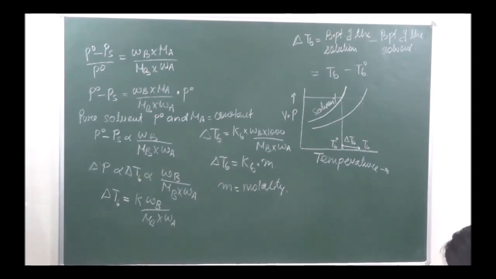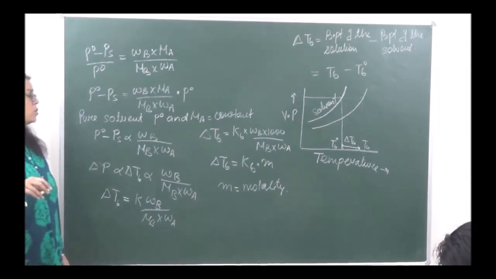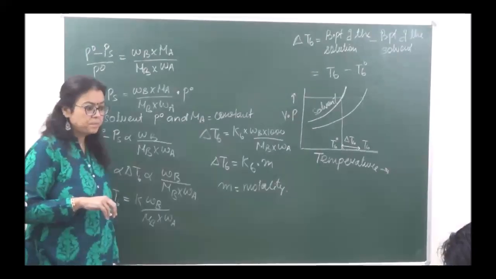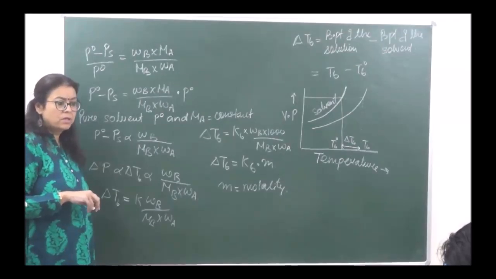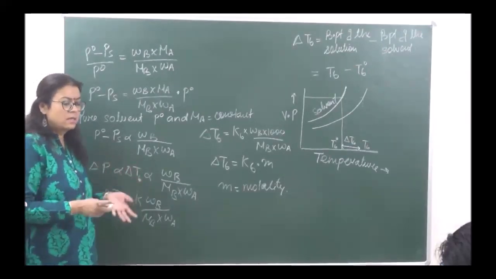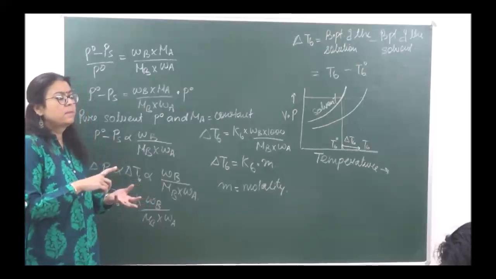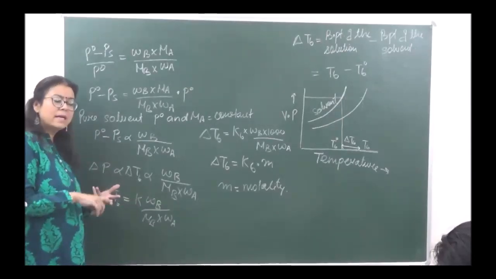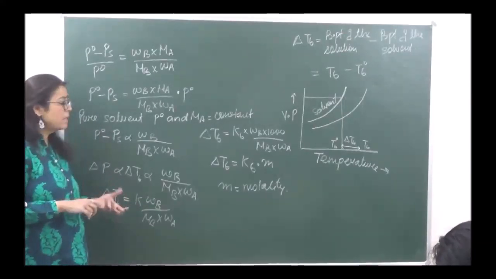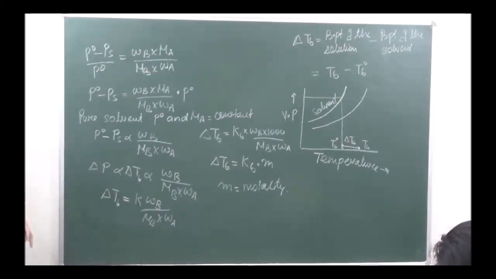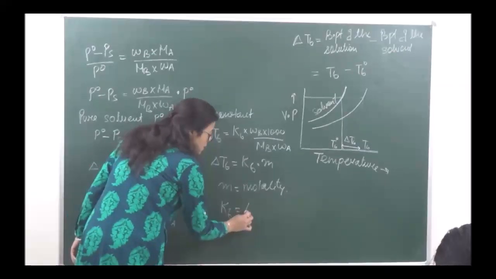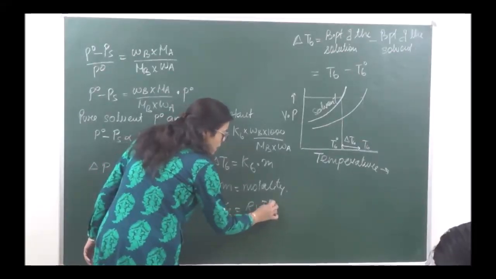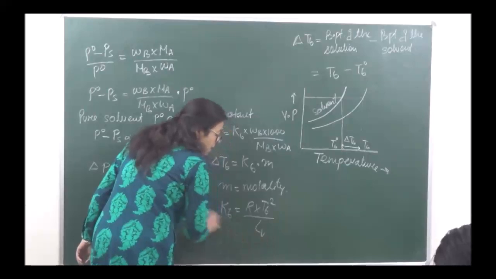Kb can also be calculated if we know the value of R. Suppose Kb is not given to you in the question. Kb for every solvent is different. Water has a different value of Kb, benzene will have a different value of Kb, ethyl alcohol will have a different value of Kb. So how do we calculate Kb? Kb can be calculated by the formula Kb is equal to R into Tb square upon Lb